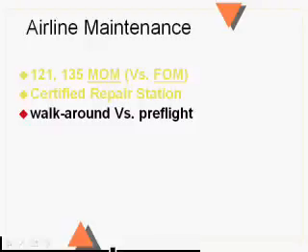And the pre-flight, when it's done by ground personnel, they're going to write it down in the maintenance records that are inside of the airplane. And typically at 121 operations, the pre-flights are valid for 48 hours. So if it gets done at 6 a.m. on the 27th of the month, as long as you take off by 6 a.m. on the 29th of the month, the pre-flight's still valid. So typically you don't have to do a pre-flight every day.